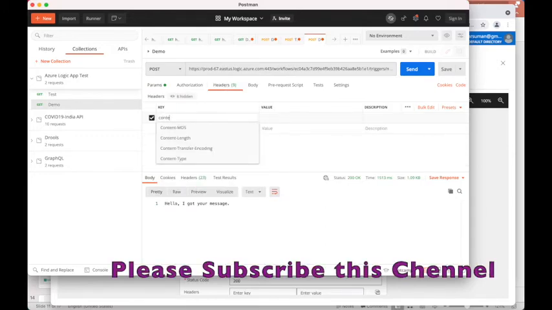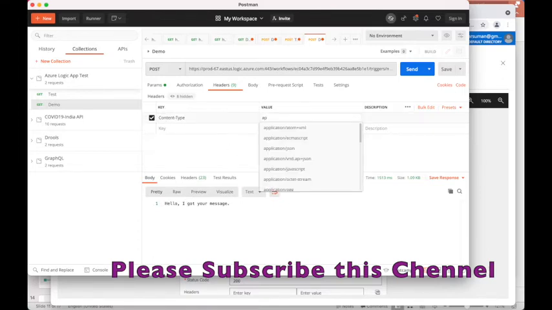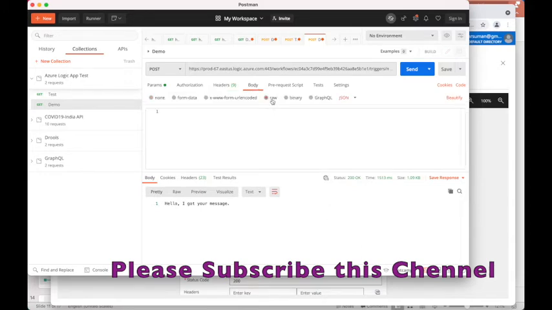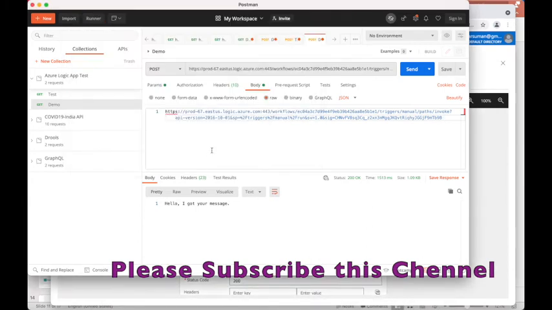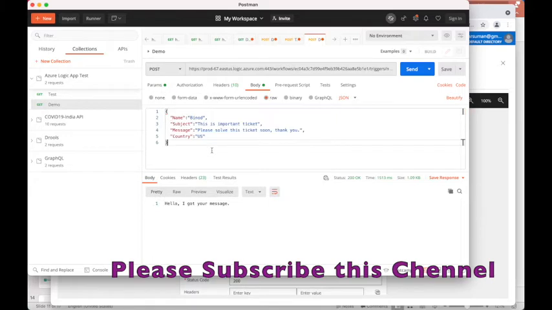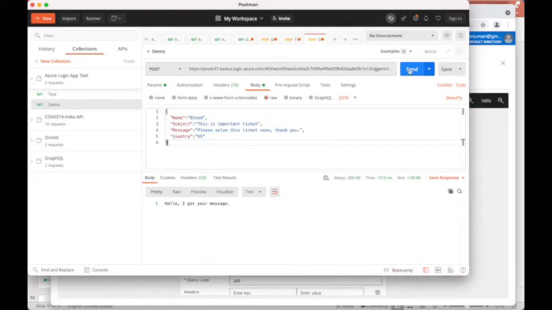So the content type is application/json. And go to the body part, go to raw, and copy the same. So first, sorry, copy this content, name, subject, and all those things, and just hit the send button.